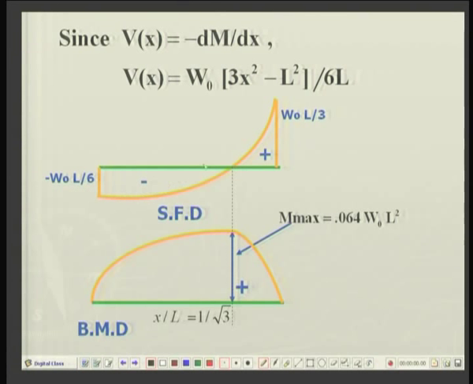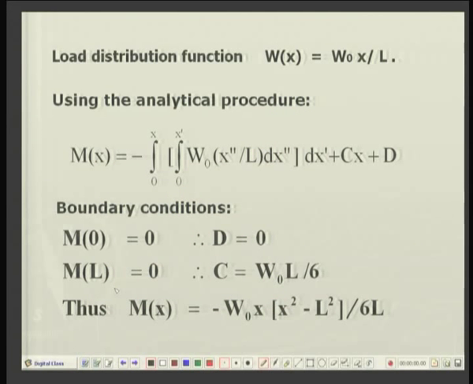Okay. So, this is a parabolic equation. So, you join these two endpoints with a smooth parabola, and it will intersect the x axis at this point. Okay. This is the point where shear force is 0. What does it imply? The bending moment at precisely this point will be maximum. And when we plot the bending moment diagram, here will be a cubic parabola.